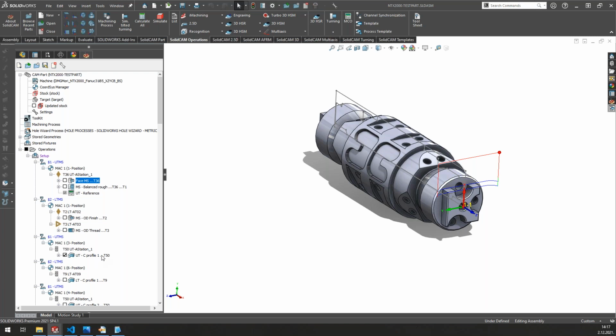It is fixed now in 2021 SP2 and later. And you should know that if you had any workarounds or anything that was handling that bug, you can remove them and just insert the side O